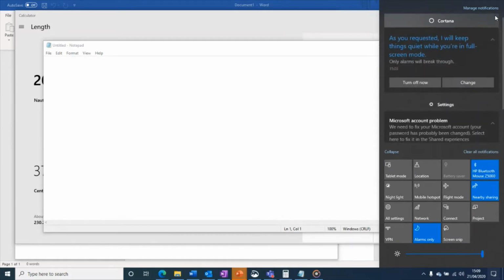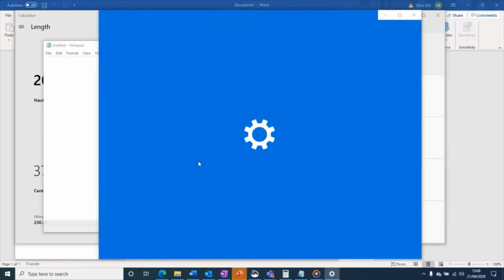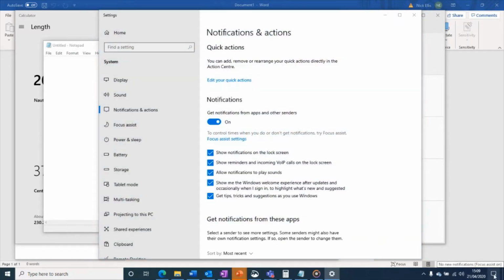So, notifications control. Let's get into that. Notifications has always been a bugbear of every Windows user I've ever known, because Windows has a habit of sending the wrong notifications or the right notifications at the wrong time, or just generally bugging you with stuff. And you can get much more sophisticated with how you manage these now. Because this is a demo tenant, there's not a lot of options on here. But if you go to this notifications panel down here,